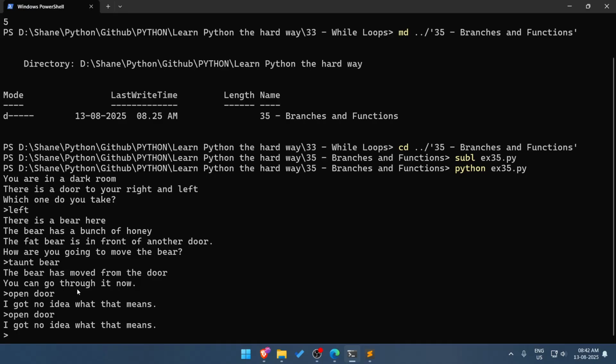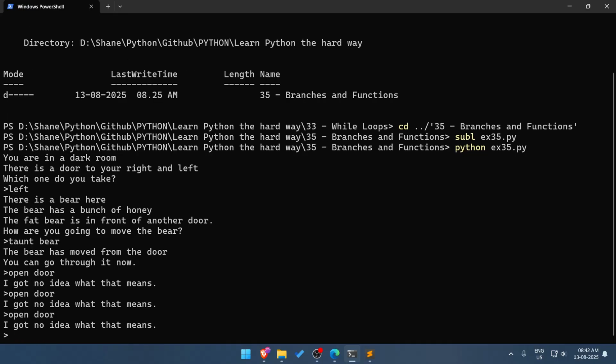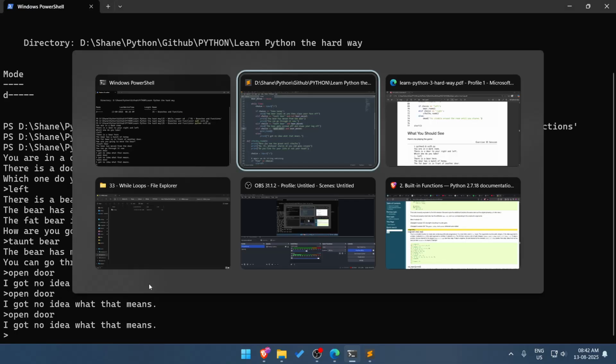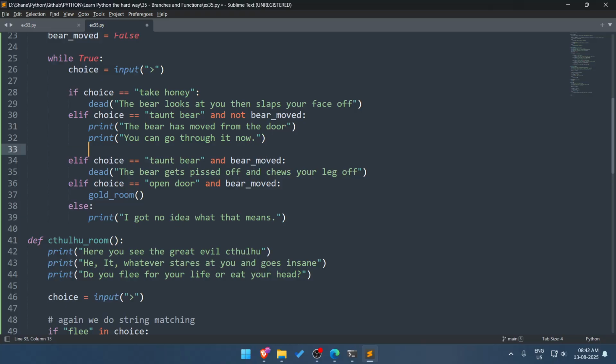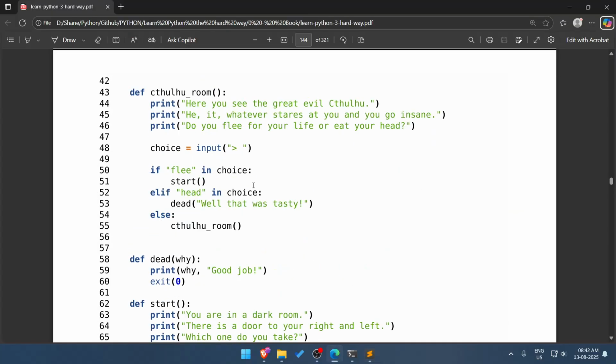With the bears moved from the door, you can go to the door. I got no idea what that means. Open door again, and it okay. I have not set bear moved equals true. That was the problem because